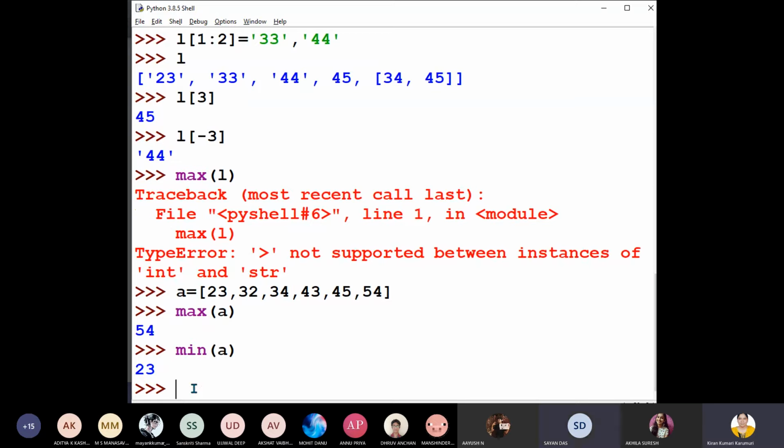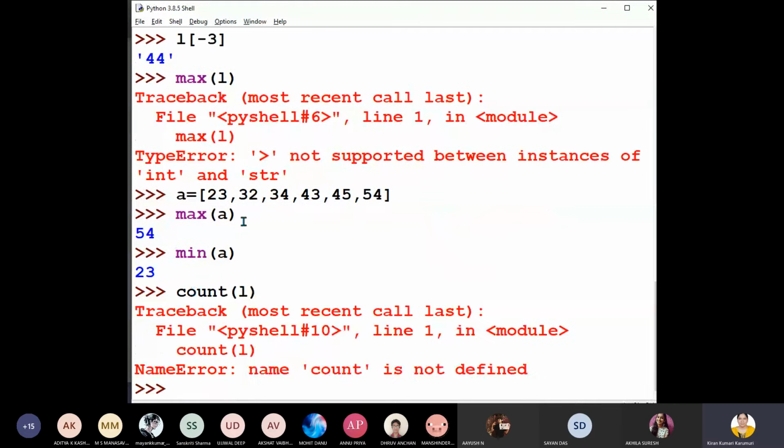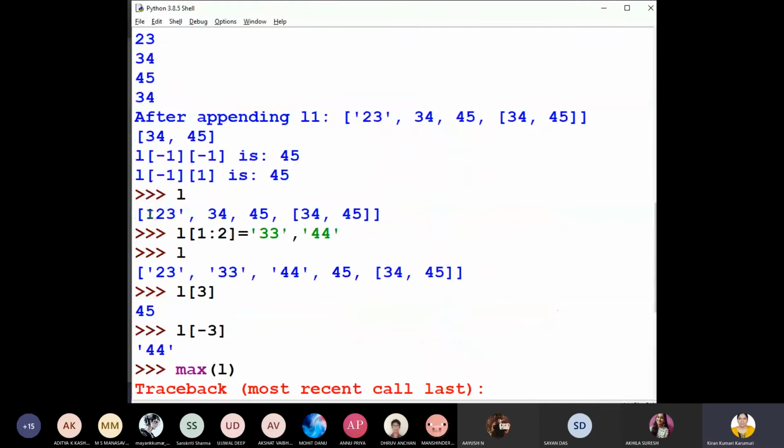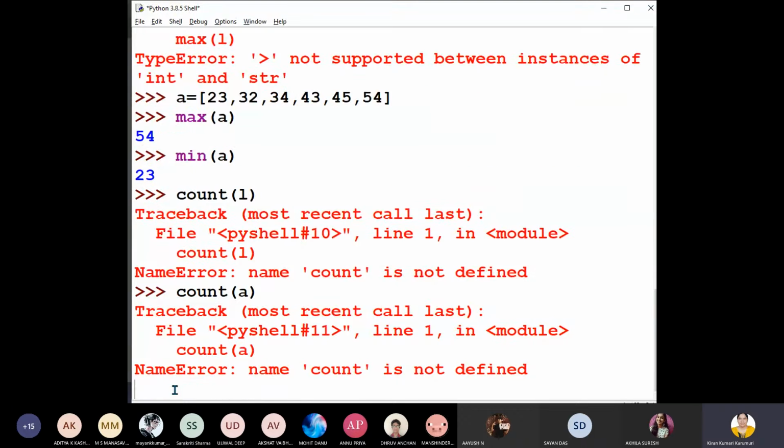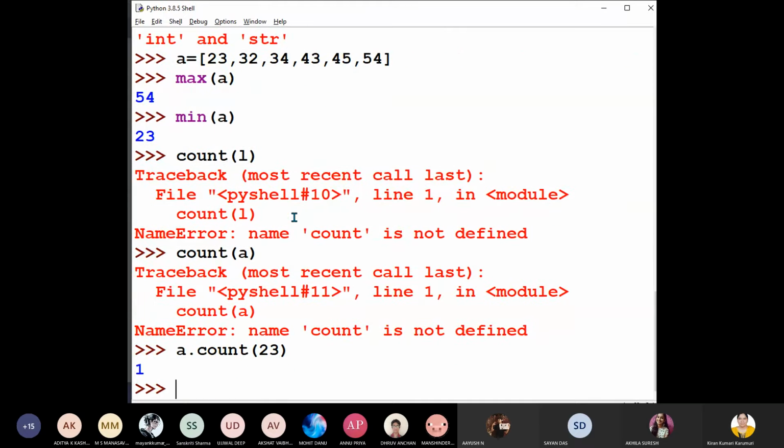So what is min of A? 23 minimum. Got it? Count of L. The count function also is not applicable when different types of items are there in a list. When you have all homogeneous elements, then only this works. A dot count of 23, how many times is 23 there?